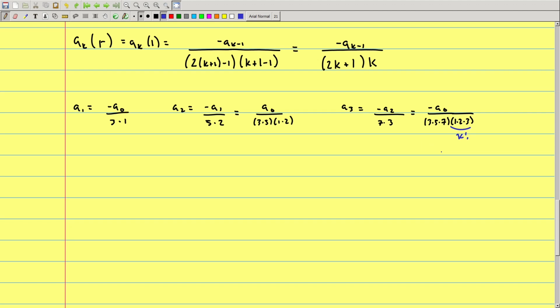And so what this allows us to do is write down the pattern for the kth coefficient as